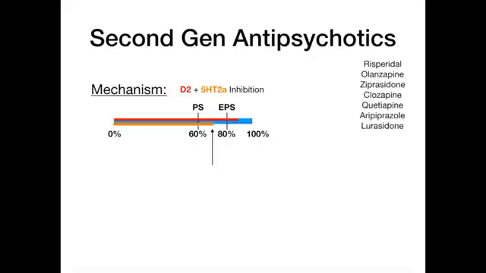So that's why atypical antipsychotics are really heavily used today in psychiatry. It's because they have a lower incidence of extrapyramidal side effects. And the list of those drugs shown there on the right of the slide include risperidone, olanzapine, ziprasidone, clozapine, quetiapine, aripiprazole, and lurasidone. There are, of course, more that I'm not listing on the slide, but these are the ones that you may see on USMLE and COMLEX, so you should definitely recognize the names. Now, the second-generation antipsychotics have decreased incidence of extrapyramidal symptoms, but they have other side effects that occur more often that aren't found in the first generation, so we need to talk about them now.